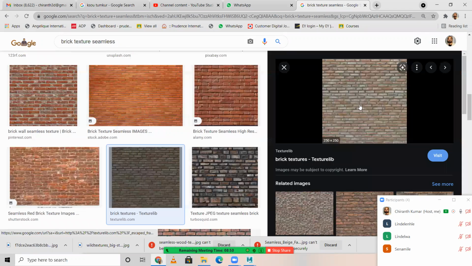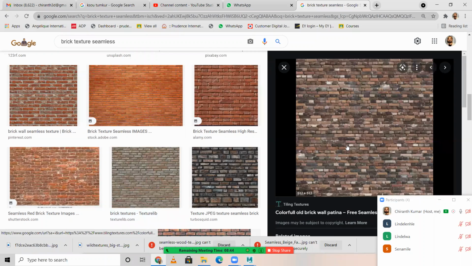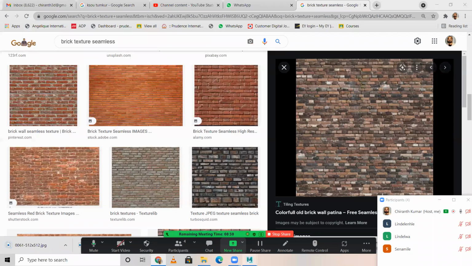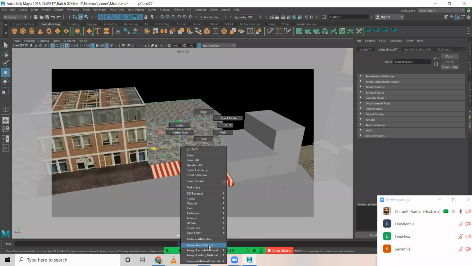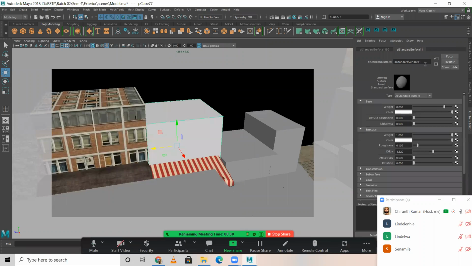I'll pick this. Let me save this image. Okay, I'll come over here. For this, assign new material, AI standard, building 3.